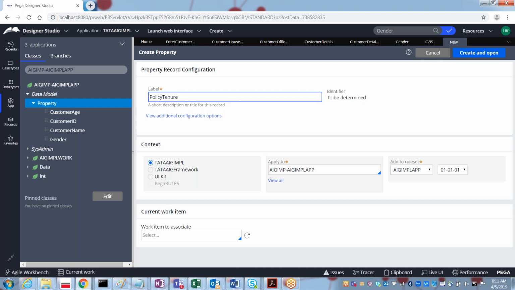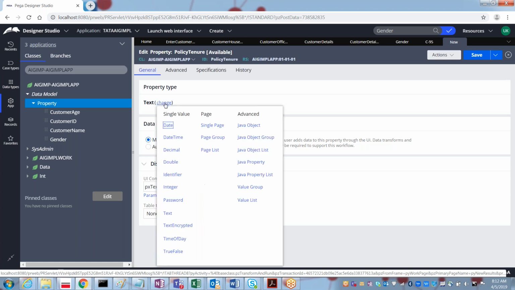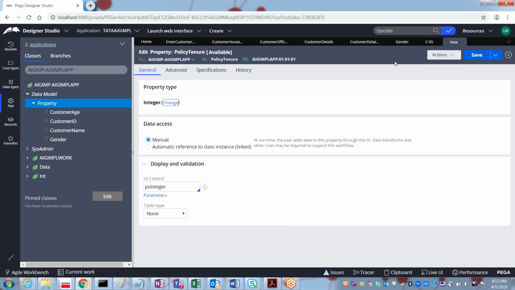Policy tenure can be an integer, so make it an integer.